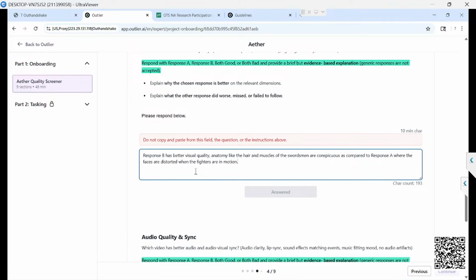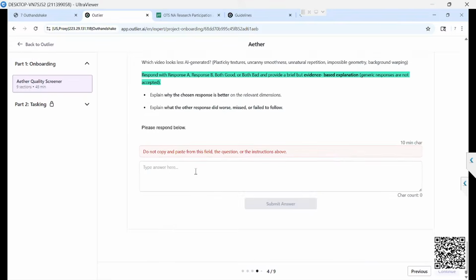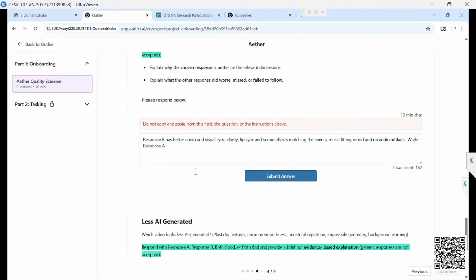So response B has better visual. Okay, can you scroll? Which video has better audio and visual sync? Okay, scroll down. So which one has? You can say response A lacks that cinematic feel,